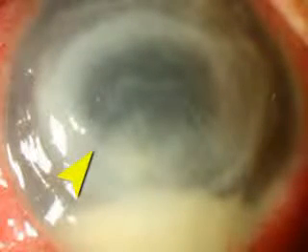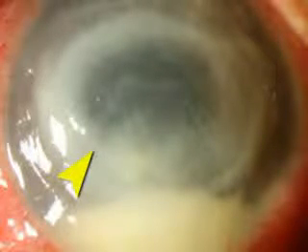The sixth case is a 60-year female having a history of redness, pain and watering in the right eye since 2 months. On examination, we can appreciate a ring infiltrate encroaching the limbus. Microbiological examination revealed it to be an acanthamoeba keratitis. This video demonstrates a deep lamellar keratoplasty in a large 10.5 mm ring infiltrate.